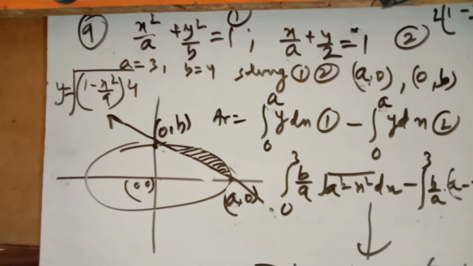In place of A we have, in place of 3 we have A, and in place of 2 we have B. Now in question number 10 of your NCERT book, again you have to find the area bounded by the given two curves, which is same as the question number 7 we have just done. So in question number 10,